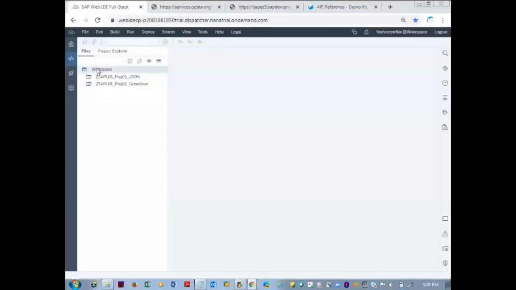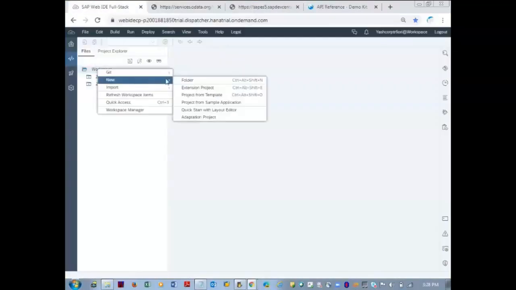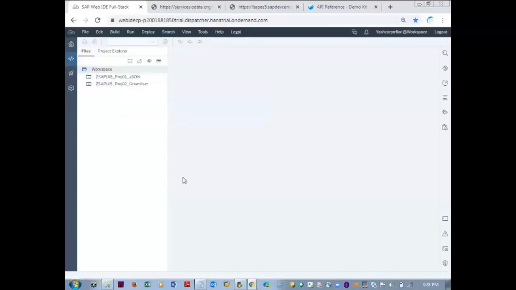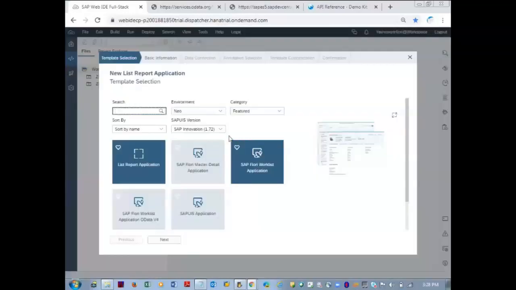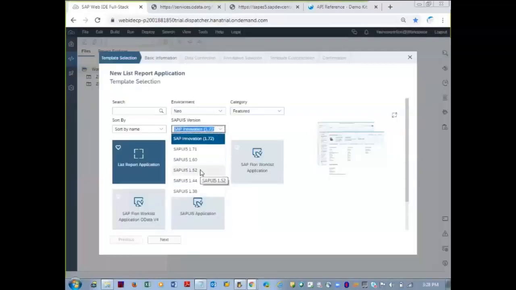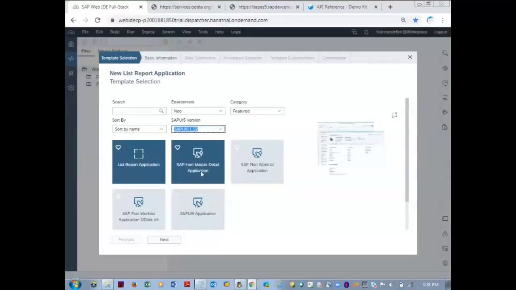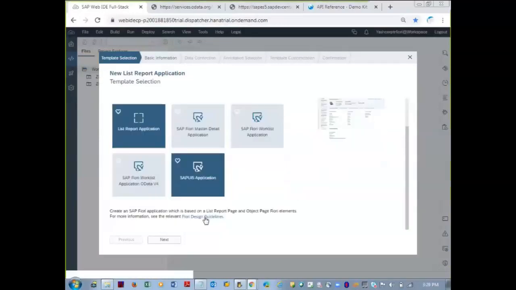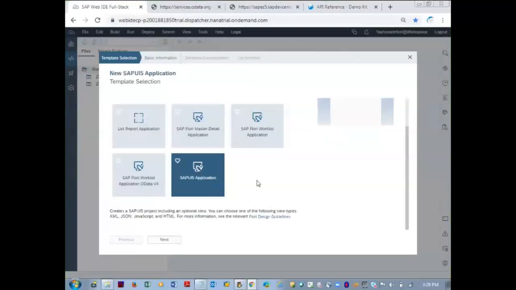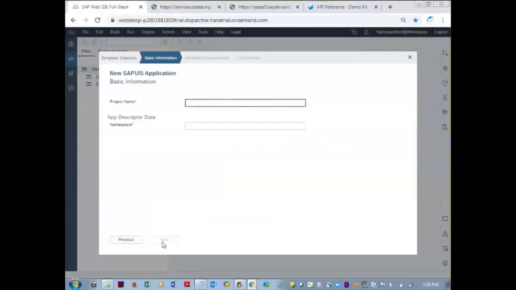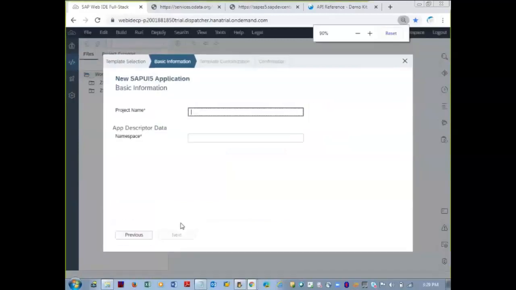Right click on the workspace, new project from template, choose version 1.5, SAP UI5 application, select that template. So yesterday we did this. Click next. Project name and namespace.